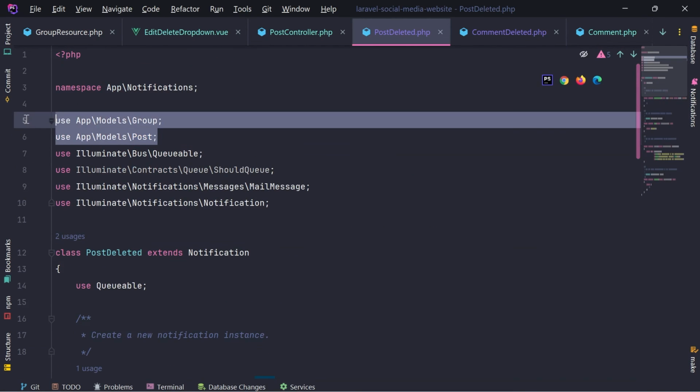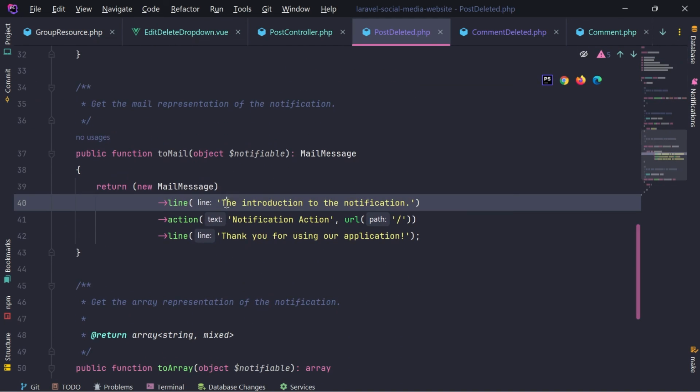We have these two imports here, and then your post was deleted inside group, and we're going to provide group name here. This is going to be this group name,